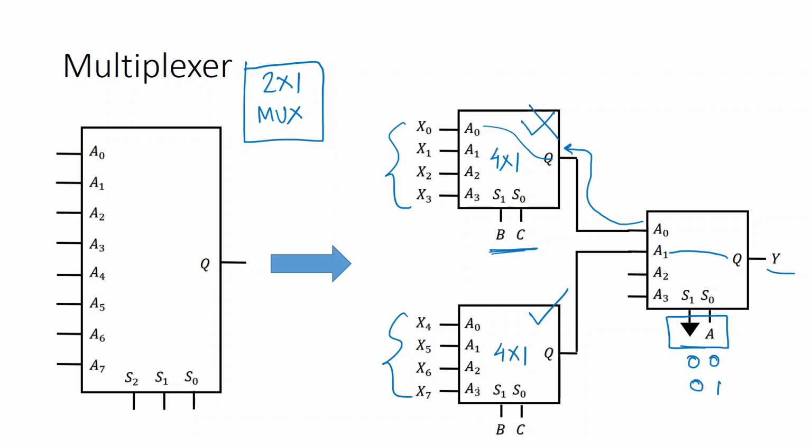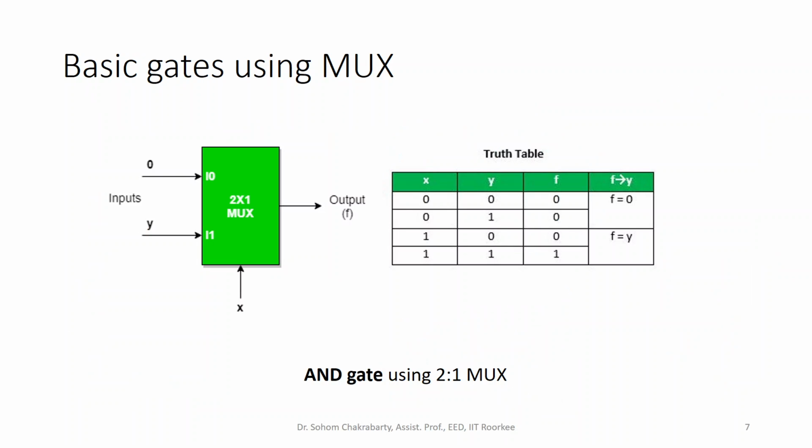So for 1 0 0, which means 4, it is going to pass through, because BC is getting 0 0. So this is getting connected when BC is 0 0, and the result is what? X4 is going to Y, because that is what we need. 1 0 0 is 4, so we needed X4 to go to the output. Similarly, you can read for other data lines. So I hope this is clear about the multiplexer.